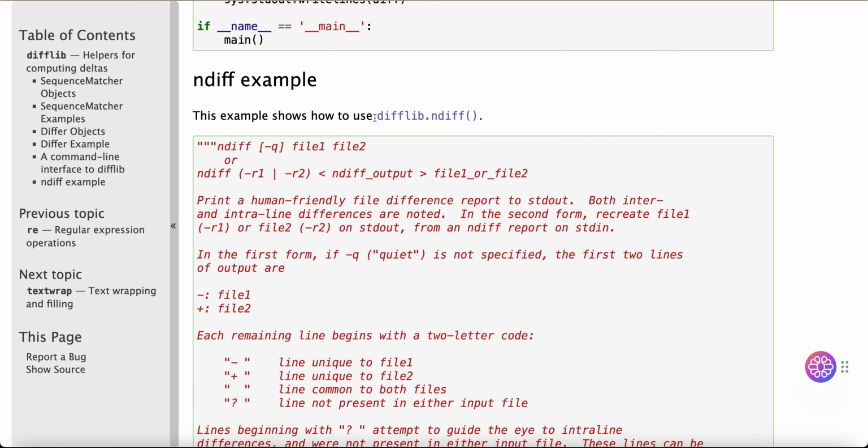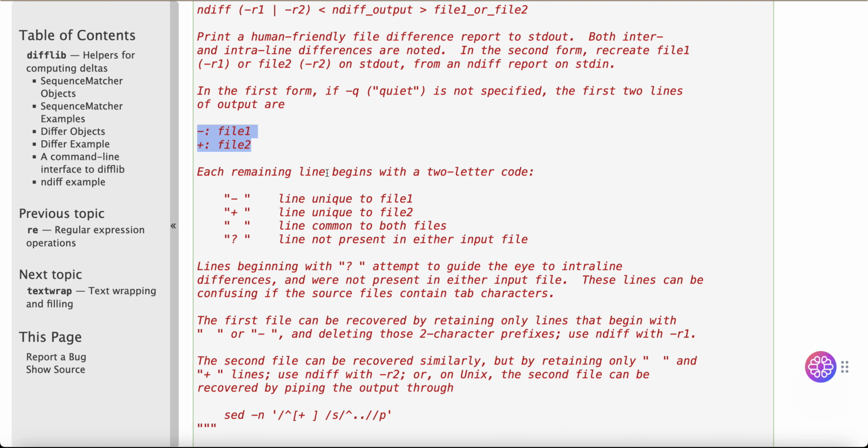This example shows how to use difflib.ndiff. ndiff.py -q file1 file2 prints a human friendly file difference report to stdout. Both inter and intra-line differences are noted. In the second form, recreate file -r1 file1 or -r2 file2 on stdout, from a diff previously computed. In the form with -q (quiet) not specified, output begins with a header of file1 and file2. Each remaining line begins with a two-letter code: minus, plus, line common to both files, line not present in